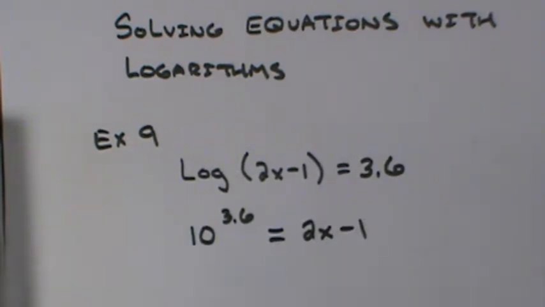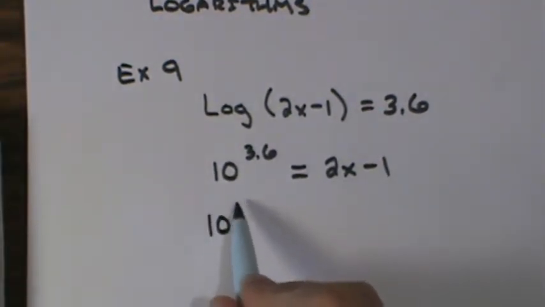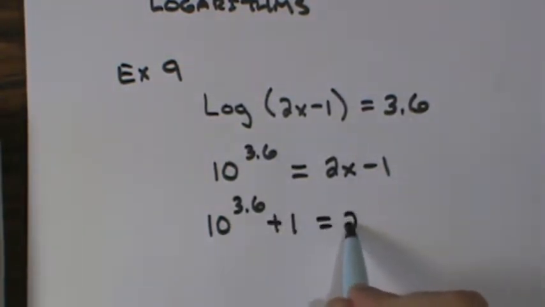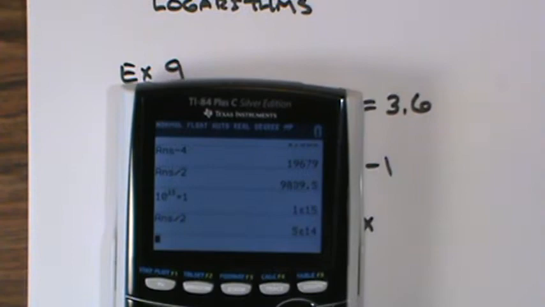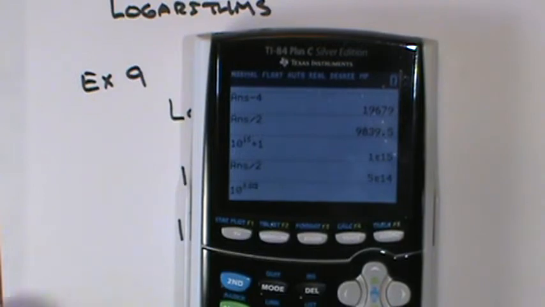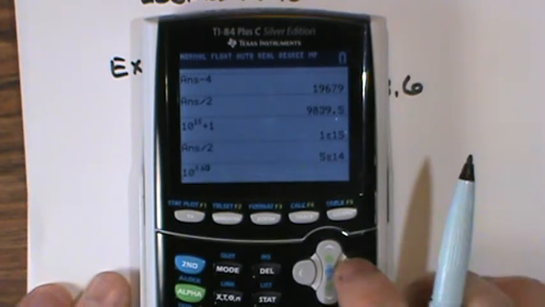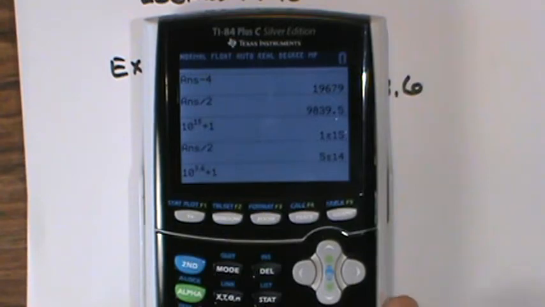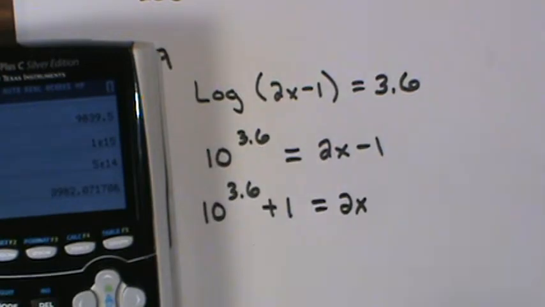And then to solve this, well, this actually won't be too difficult. I will need the aid of a calculator, but I can say 10 to the 3.6 plus 1 equals 2x. So I'll go to my calculator and I'll go 10 raised to the 3.6, and then when I hit plus, especially on these 84s, make sure that you first use your right arrow key so it puts you back to a regular script. And then I do my plus 1. So I've got 10 to the 3.6 plus 1. I hit enter and I get this large goofy number,